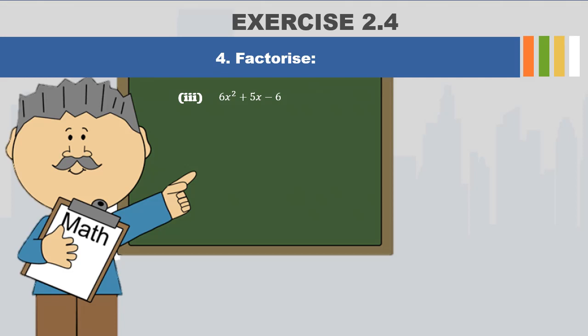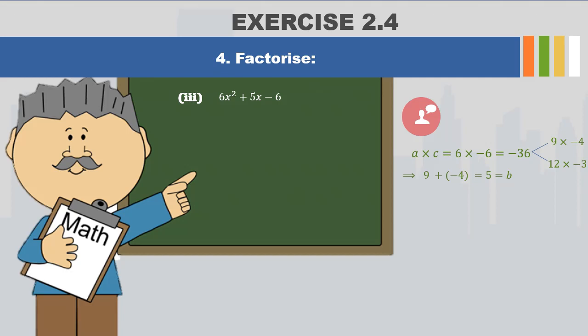Compare with the standard form. A will be 6, B equal to 5 और C equal to minus 6. तो आप पहले A और C को मल्टीप्लाई करोगे, तो मैंने 6 और माइनस 6 को मल्टीप्लाई किया, दैट इज माइनस 36 आ गया. आपको 36 के फैक्टराइज करने, जिनको प्रोडक्ट करने पे 36 आए और सब्ट्रैक्ट करने पे 5 आ जाए, तो 9 और 4 करते हैं. फिर आप ध्यान से सुनना एक बार, यहाँ पर फैक्टराइजेशन करना है 36 के, 36 के आगे माइनस का साइन है, तो जो भी आप दो फैक्टर करोगे, दे बोथ हैविंग डिफरेंट साइन.